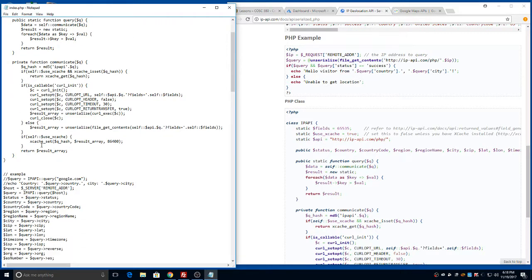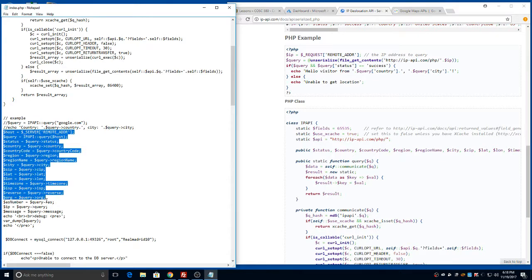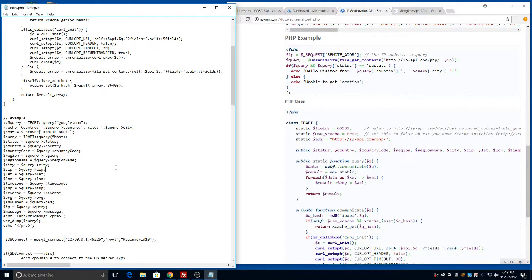And here's my variables that will be displayed right here. That's the variable that will be displayed on the web server. After that, after we've done that,